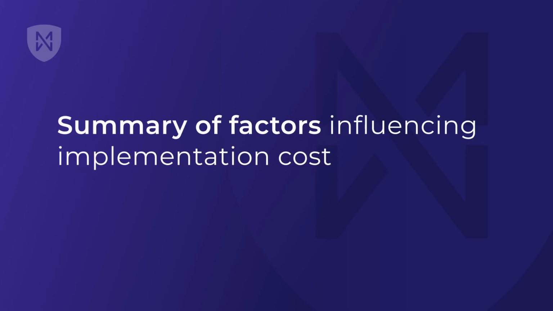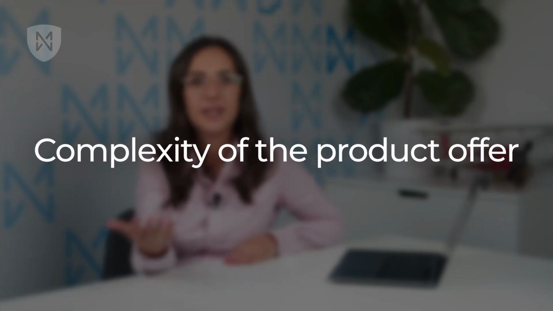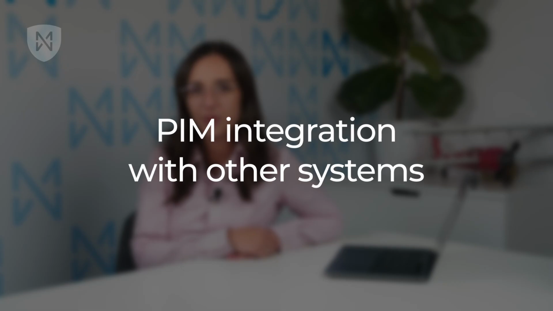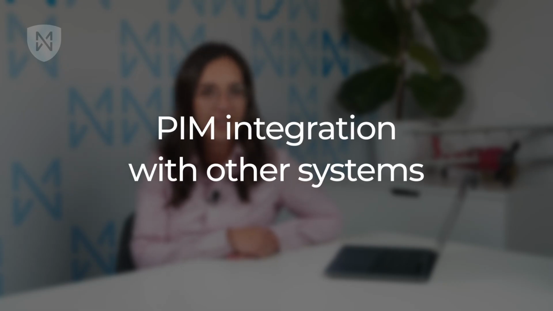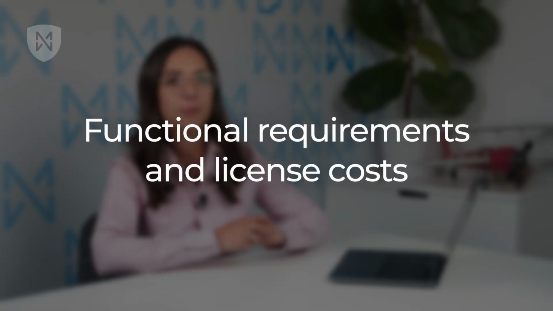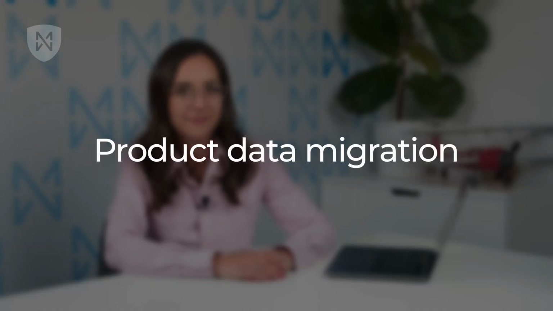To sum up, the key factors influencing the cost of implementing a PIM system are the complexity of the product offering. The greater the number of products and their attributes, the more complicated the design becomes. PIM integrations with other systems, such as e-commerce or ERP, which require complex technical solutions and significantly impact costs. High functional requirements and the potential cost of purchasing a renewable PIM system license. Product data migration, the process of transferring existing data to the PIM system, which can be time-consuming and require specialized support,